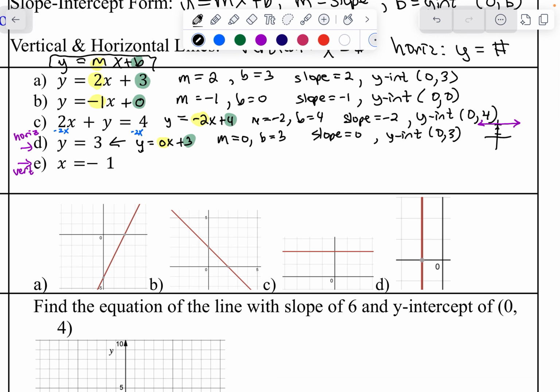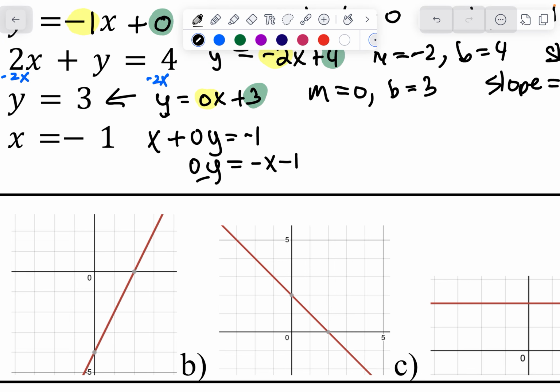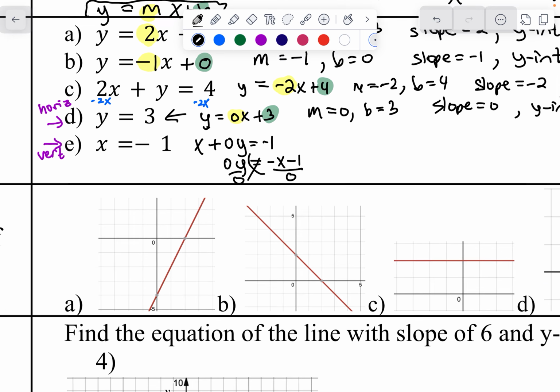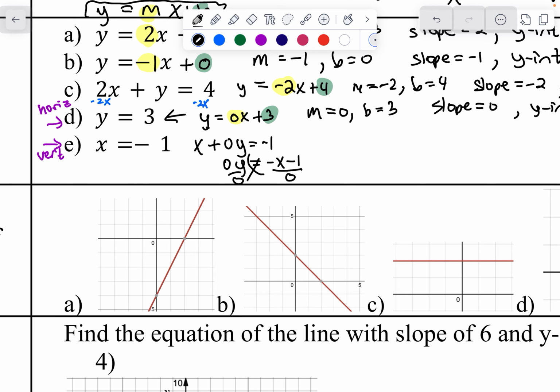If we put the y in there, if we write it as x plus 0y equals -1, and we try to isolate that y, we get that we have to try to divide by 0. I'm sorry, let me write that a little nicer so you can see it. If you try to divide by 0, it doesn't work. It's undefined. So this, you have to memorize, has an undefined slope